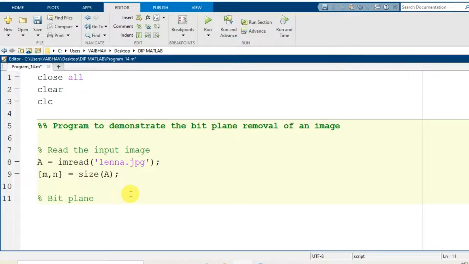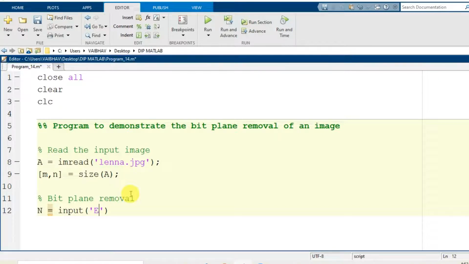This is bit plane removal. Now for bit plane removal, we are going to accept some information from the user from the command window here. So we will be generating a variable named capital N that will accept that information from the command prompt, and that is possible in MATLAB with the help of the input syntax here within a pair of parentheses following that keyword. Inside we have to provide one string that is going to get printed onto the command prompt, and the user will come to see what he needs to do here.